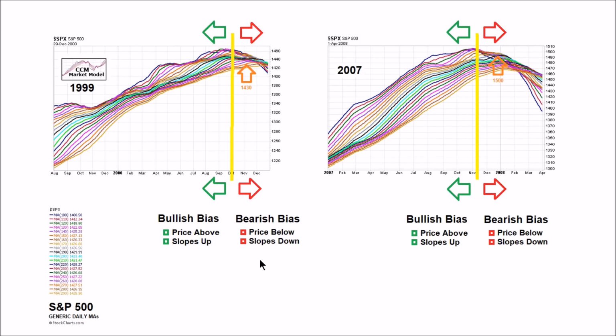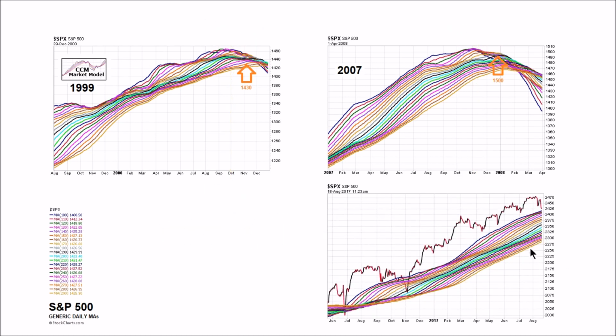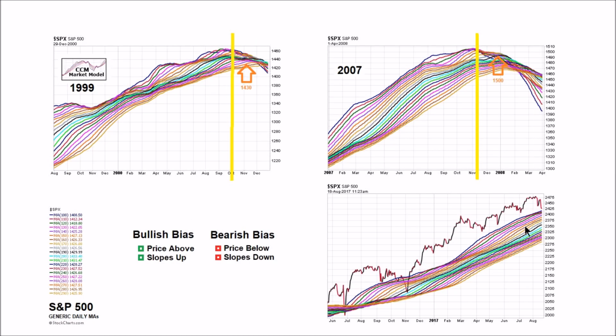How does the exact same chart using the exact same moving averages look on Friday, August 18th, 2017? Here's the answer. Do we have any of the things that we wanted to avoid? Is price below the moving averages as it was here and as it was here? Price remains above all of the moving averages. The slopes on all of the moving averages are positive, and blue, our fastest moving average, is still on top on Friday, August 18th. That's quite a bit different than our look in here and our look in here.